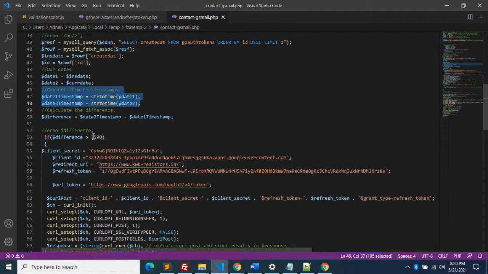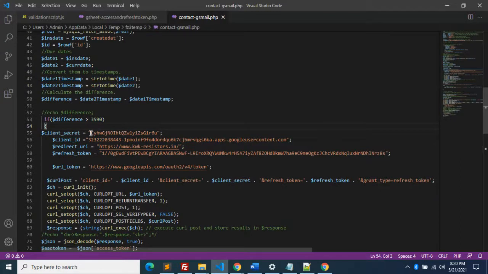If it is greater than 3590 seconds, then automatically the value will be refreshing and another new access token will be generating.